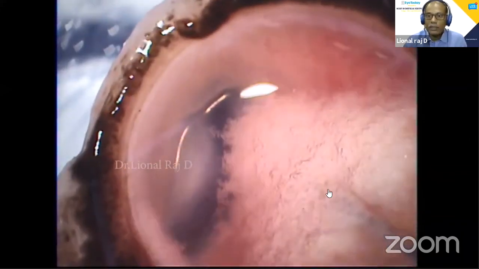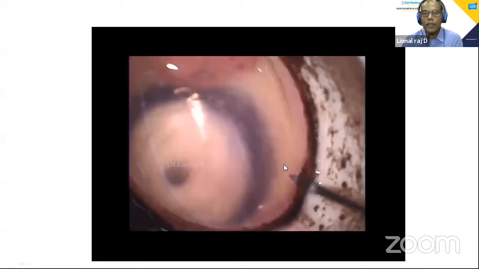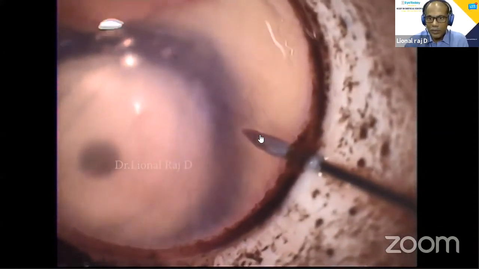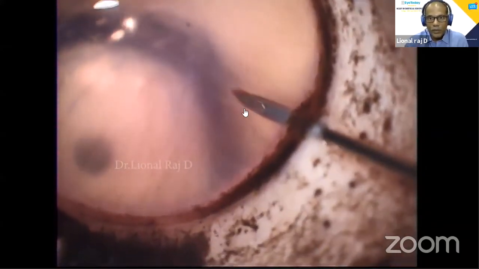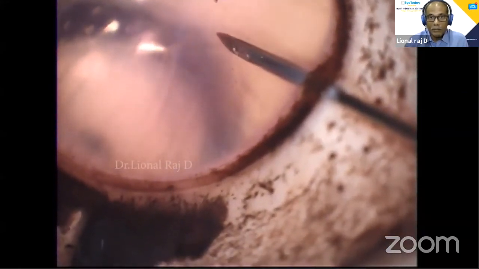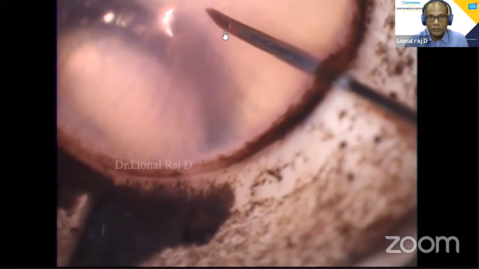I'm sorry to repeat this, but still it is a good experience in learning. Go into the stroma, keep as posterior as possible, at the same time taking care not to make a perforation.